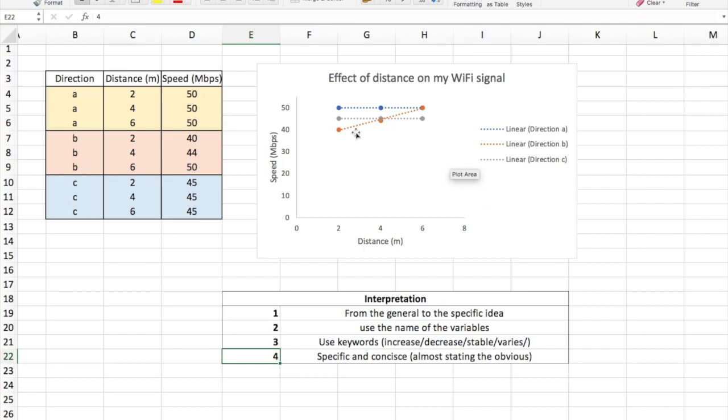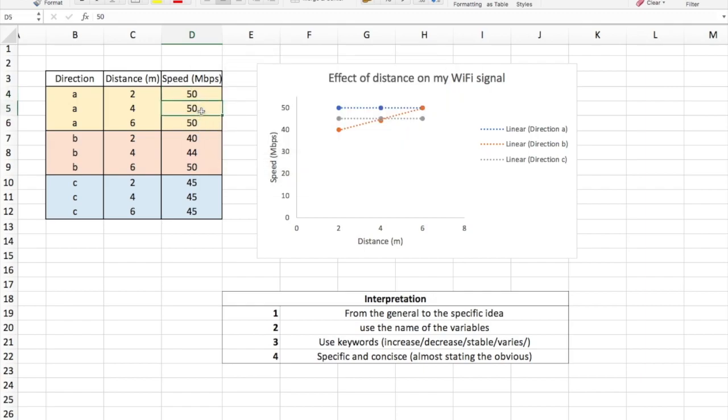Always mention it: direction C, direction B, direction A, increases, all of them. And if you want, try to play with the numbers so you see what a difference would be. And actually think about what the expected outcome was. What did you expect? That with more distance, the download speed would be the same? If it were my case, and by my experience, I would imagine, let's take this blue one, which is direction A,